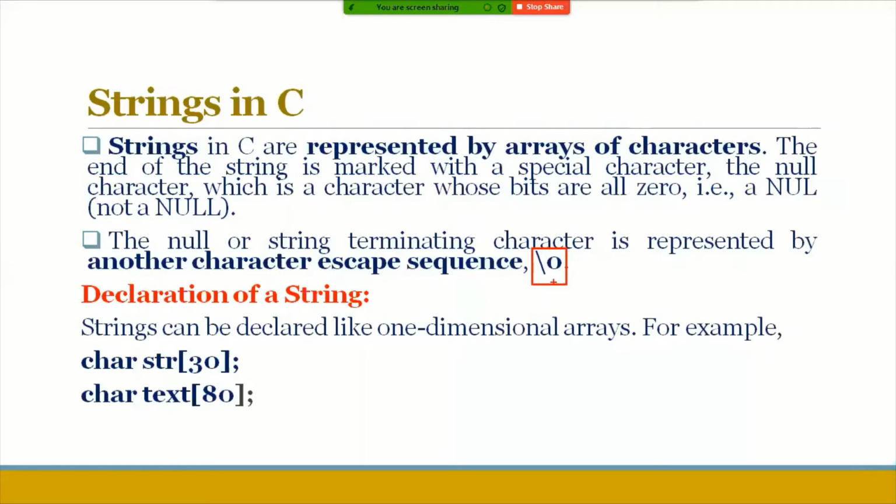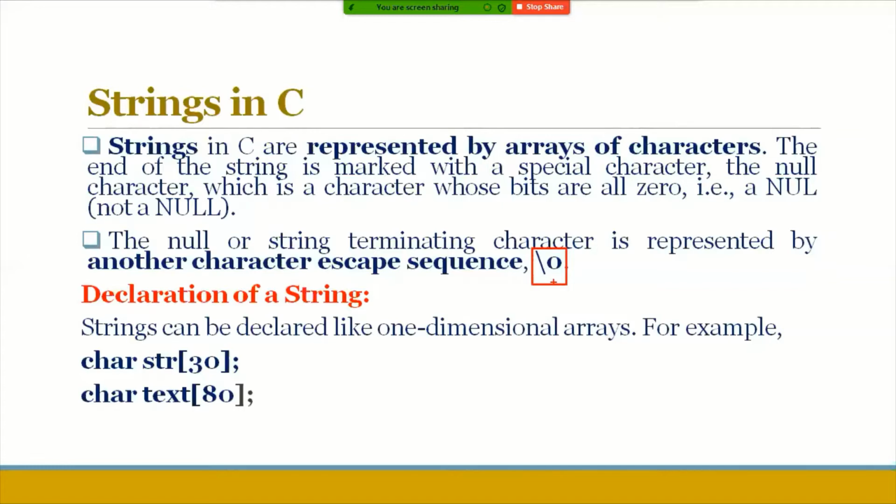Why? Because empty spaces also come under characters. In a particular string, a group of characters may include empty spaces also. So if we include spaces, how many spaces are included? If there is no \0, the compiler will be in an ambiguous state. To come out of that ambiguous state, \0 needs to be specified. Once we specify \0, the compiler can understand that this string is terminated properly with the help of \0.